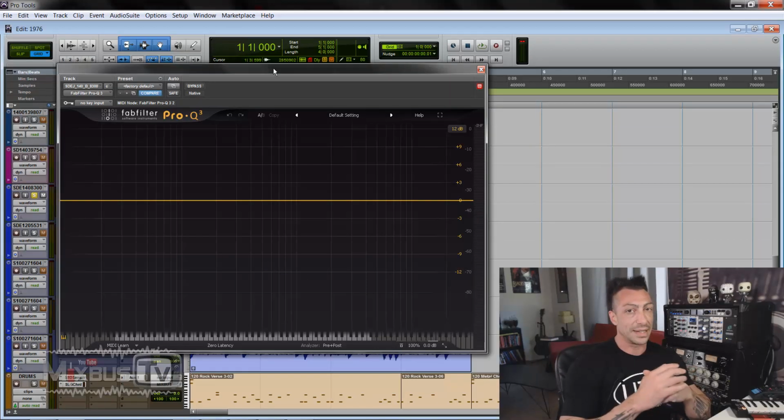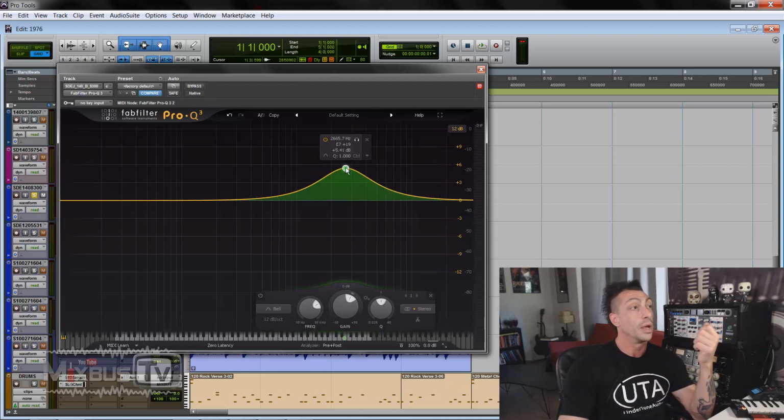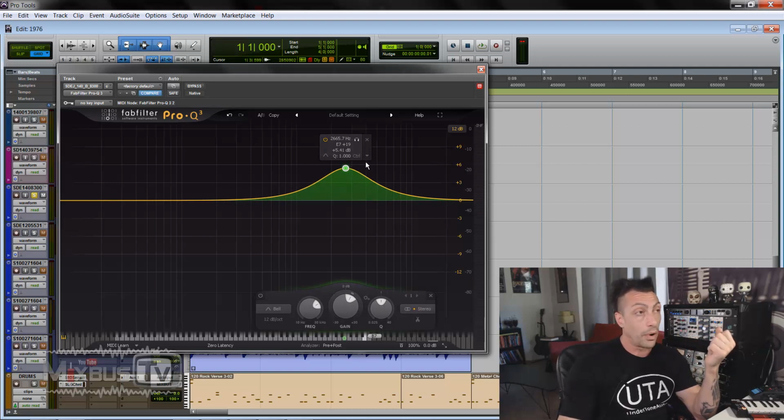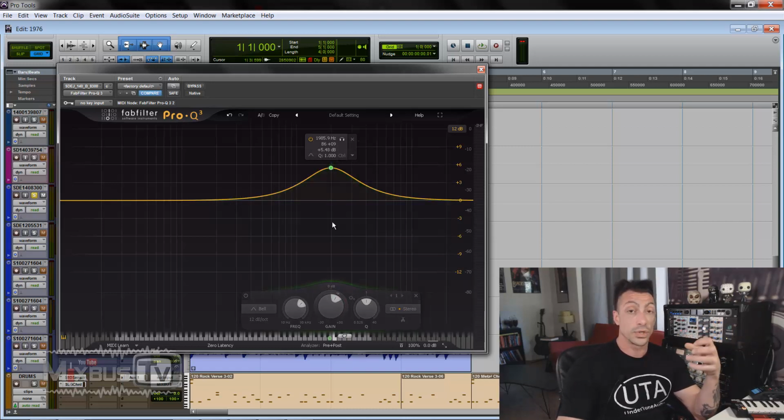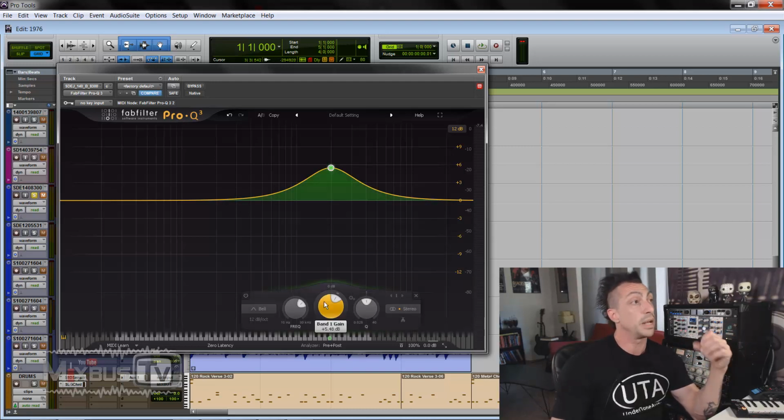Before we get to the list, let's get one thing out of the way, the elephant in the room: FabFilter Pro-Q 3. Why would you need any other EQ if you have this one? This is arguably the king of digital equalizers to date. I think we can all agree to that. Pro-Q 2 was already amazing, but with version 3, FabFilter knocked it out of the park, adding the dynamic bands. So this is now also a dynamic equalizer, and it still has all the great features that made Pro-Q 2 such